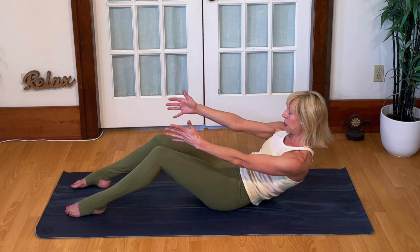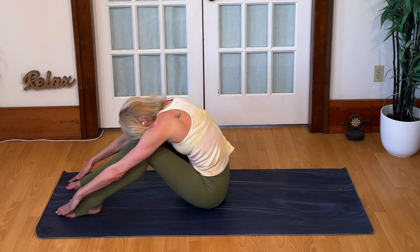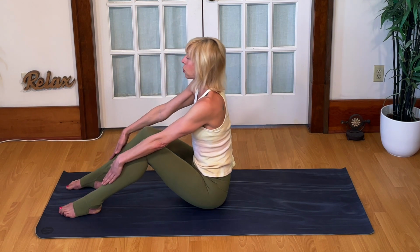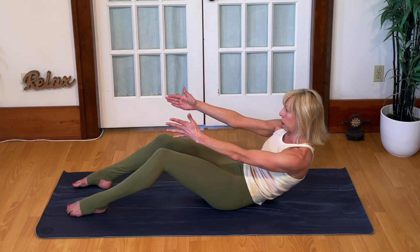Keep your shoulders plugged down your back. Let's inhale, rise up. And as you exhale, spine stretch, reach for the toes around the back. When you rise up, lead with the chest and come up really straight and tall. And then as you breathe out, round your lower back, scoop in the lower abs and come into a partial